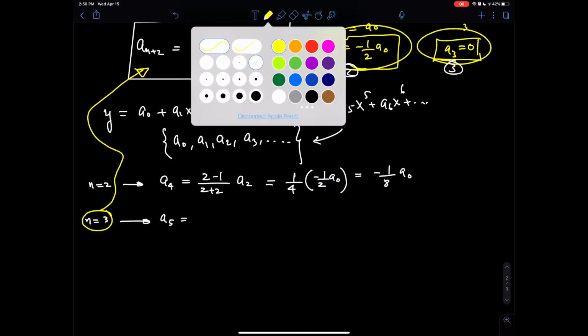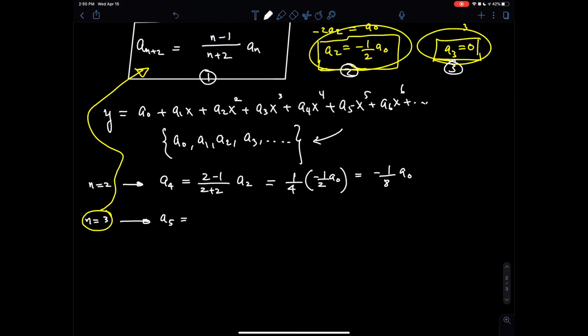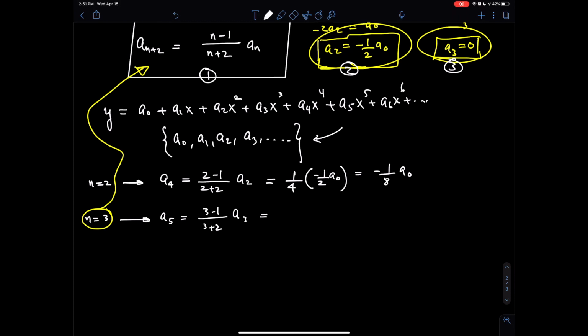So continuing, a5 will be, that means I have to take 3 and put it in the place of n, to be 3 minus 1 over 3 plus 2 a3. 3 minus 1 is 2 over 5, then a3 is 0 times 0, so that gives me 0. So if n is equal to 4, I get